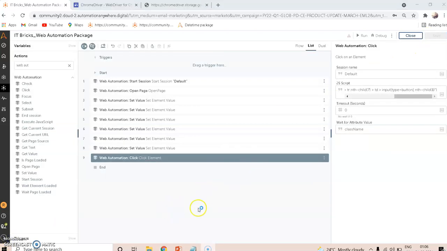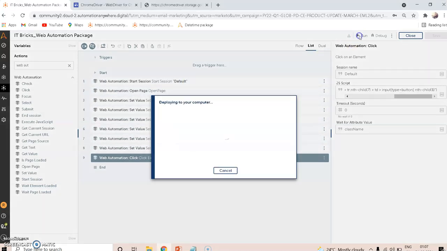The advantage of web automation is that, compared to the normal recorder package, it will quickly set all the values and all the information, in milliseconds. Let me run the bot.